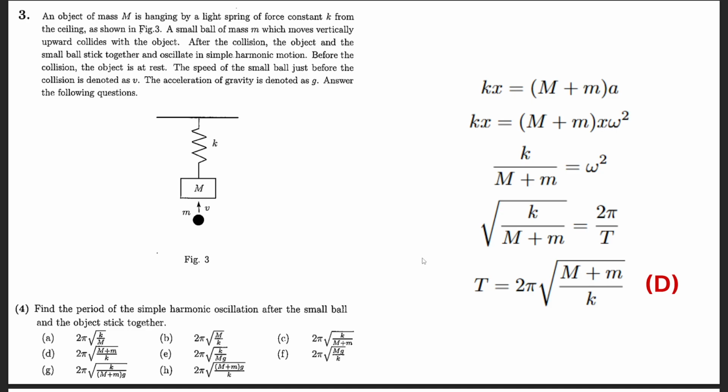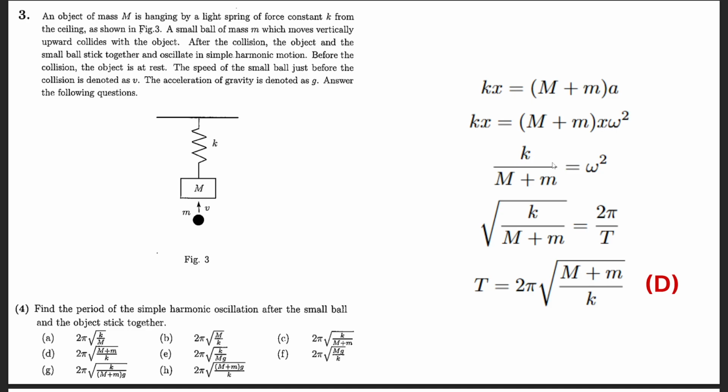So since F is equal to ma, and we can write F as kx, and the mass is the sum of both of these masses, that is big M plus small m. And since this is a simple harmonic oscillation, we can write a as x omega squared. We can cancel x, so we are left with k equals (M plus m) omega squared, and we can move M plus m to the bottom of k,